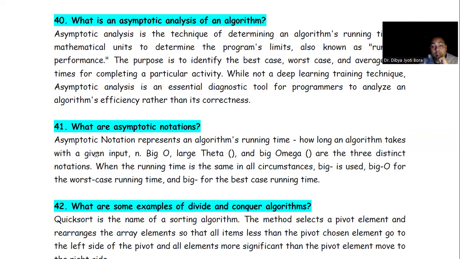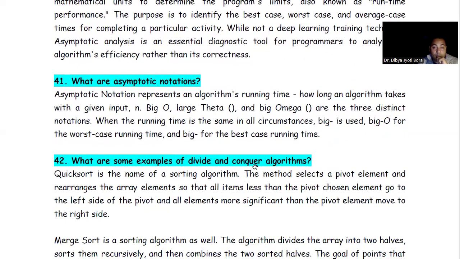The small versions of the three notations are also there. Now we are using big O, big theta, big omega. When the running time is the same in all circumstances, then we use big theta. Big O is for the worst case running time, and big omega for the best case running time.